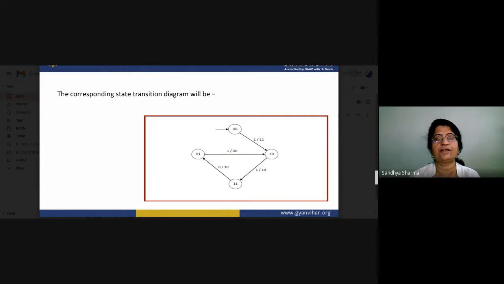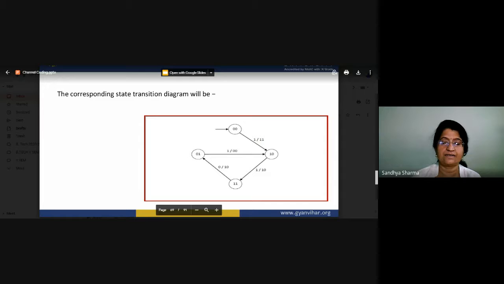So if you are entering the first bit, your output will be 1 1. And what will be the next step? After you give the clock pulse, your bit will be shifted, and after shifting, you have to calculate the outputs. The same process will repeat: one bit enters, 0 bit enters, one bit enters, and according to that, you can make a state transition diagram.